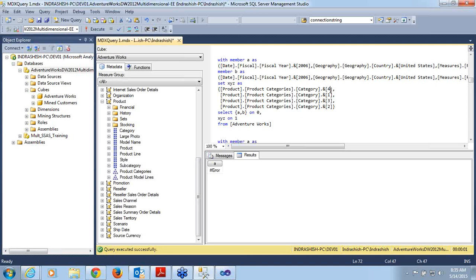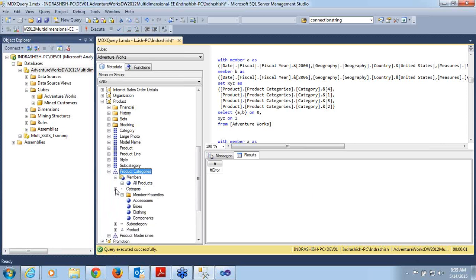This is each of the four categories: accessories, bikes, clothing, components. These four are there. So I've created a set with the name XYZ, and this set constitutes of these four members: accessories, bikes, clothing,